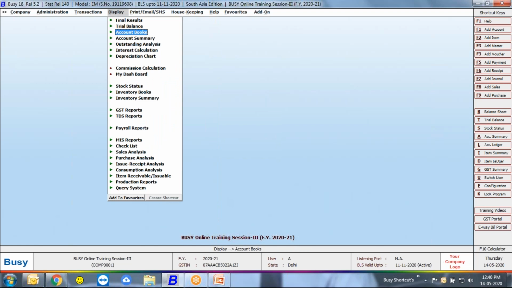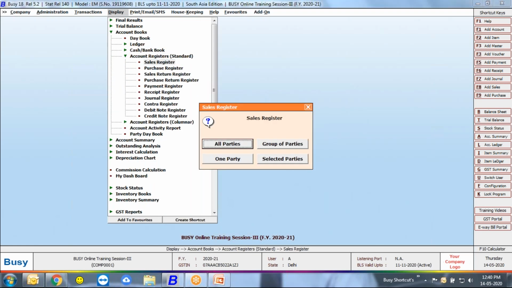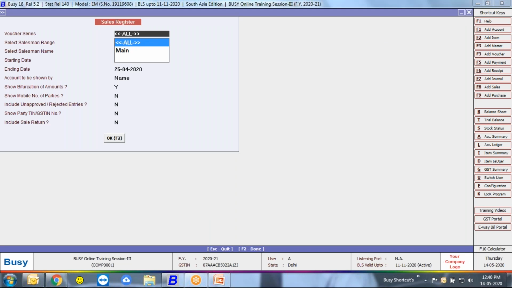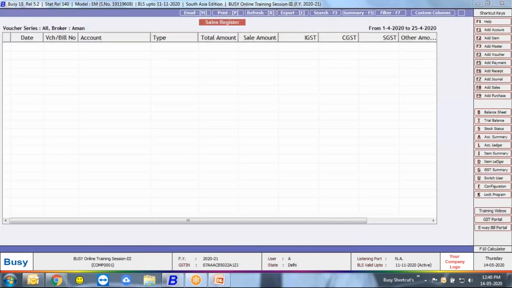You just come on account books, sales register, all sale types, all parties, and there is an option to select salesman range. You just need to select one salesman or all salesmen. I said one. Who is the salesman? I said Aman. I want to see sales which are done only by Aman.